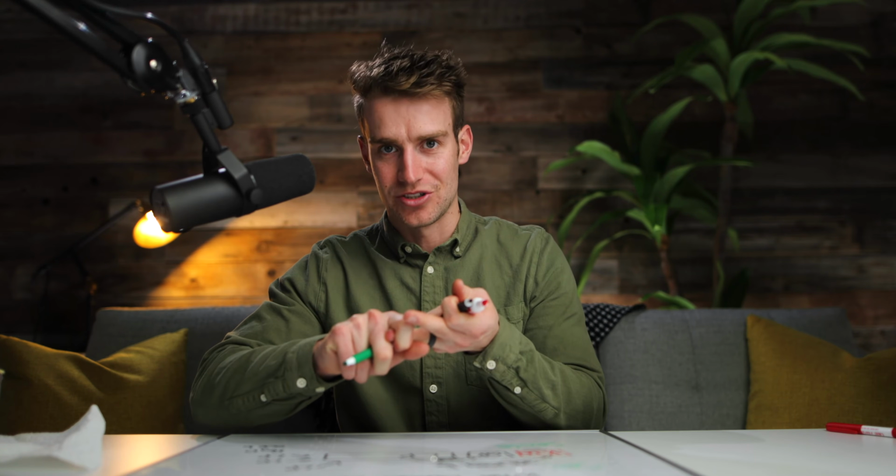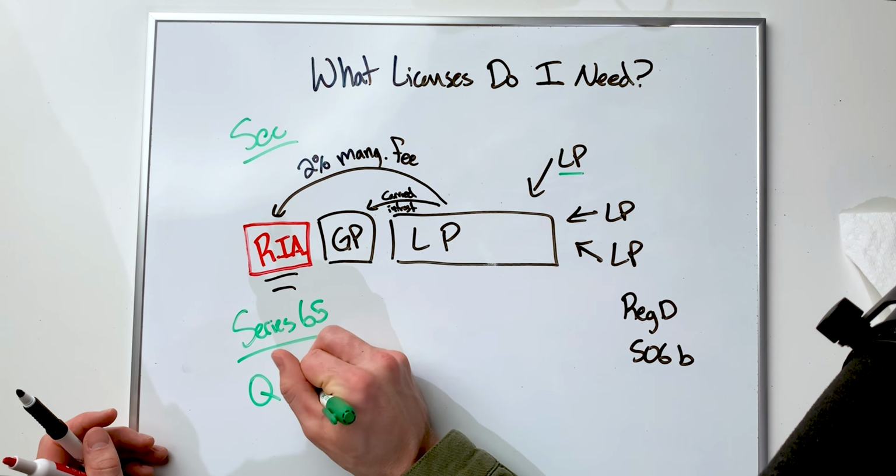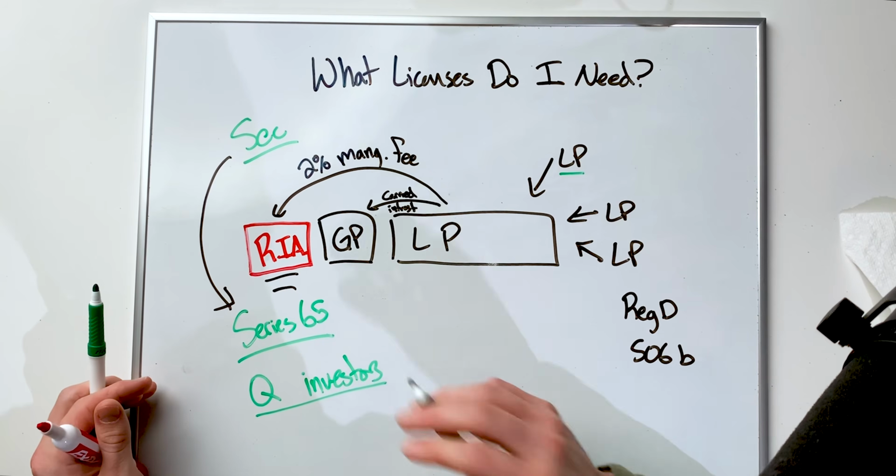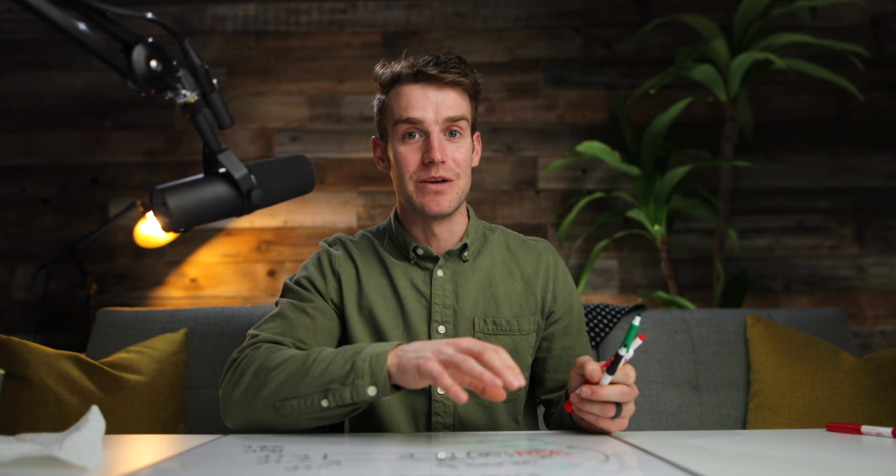Also, to charge a management fee, you have to have qualified investors that invest in your fund. Bridger, what's a qualified investor? There are 3 tiers of investors. There's an accredited investor, a qualified client, and a qualified purchaser. Accredited investor has a net worth of about $1 million, and there's a few other details. Qualified client, about $2 million net worth. Qualified purchaser, a $5 million net worth. Now, we have other videos on the different types of investors, but to charge a management fee, you need at least a qualified client. So I'm going to put a qualified investor. And this is where the SEC gets very involved in what's going on because they don't like the fact that you are making money without doing any work.